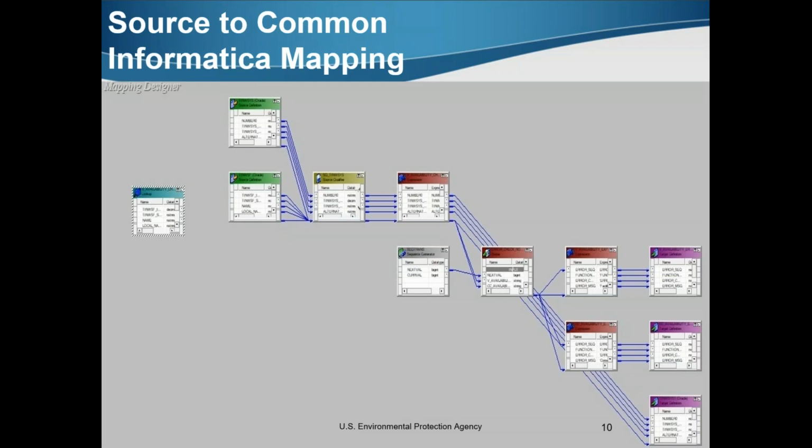So this is Informatica. It's really fun. I get to move arrows around. It's a cool tool, I just thought I'd show you that. And it's automated, so it's doing all this all by itself. Once we do the mapping once, that's good. And I do want to say for the non-SIDWIS State states, the one thing we're going to have you do is do the mapping to 3.3 for us. It's the only way we can do it. So you give us the mapping, we'll do an Informatica for you so that you can keep running through the system, but I need the mapping from you. I can't do that mapping.